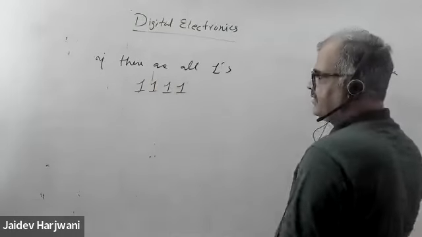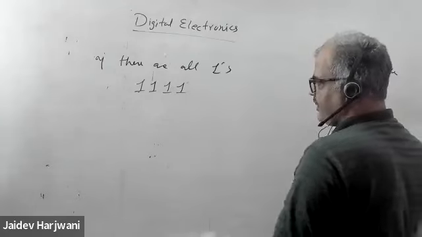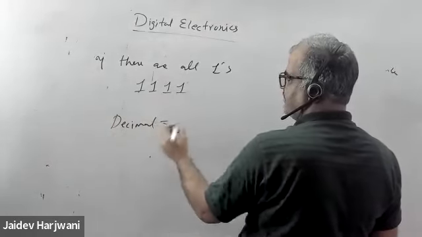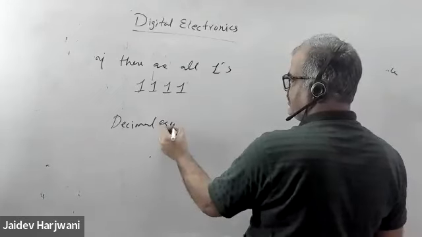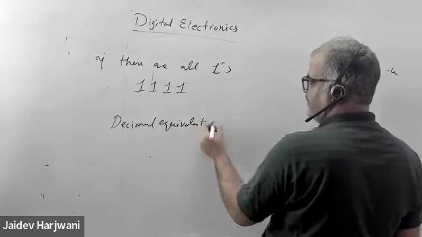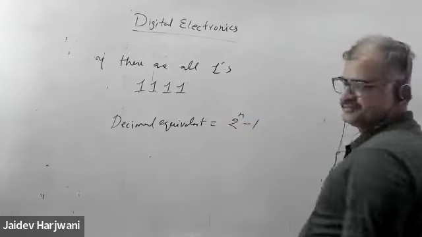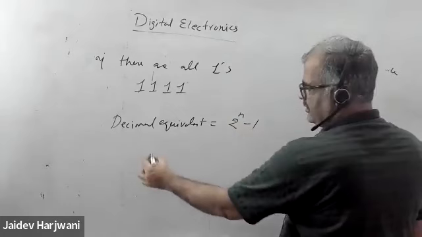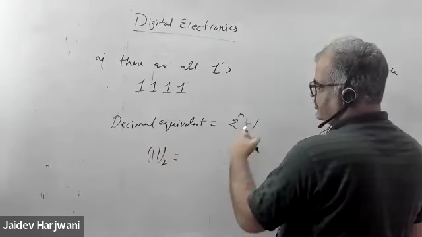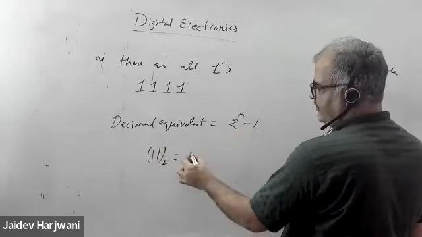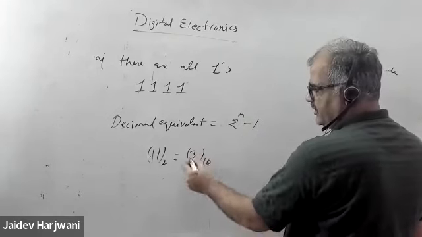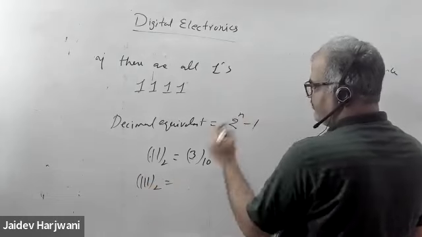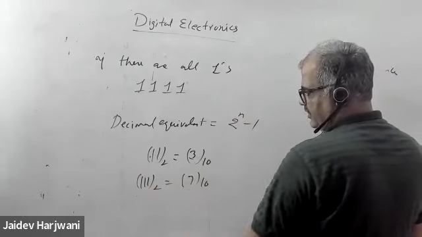In that case you can simply write that the decimal equivalent will be 2 power n minus 1. For example, you have two ones in binary number system, so 2 power 2 is 4, minus 1, this will be decimal equal to 3. If you have 3 ones, decimal equal to 7. If you have 4 ones,